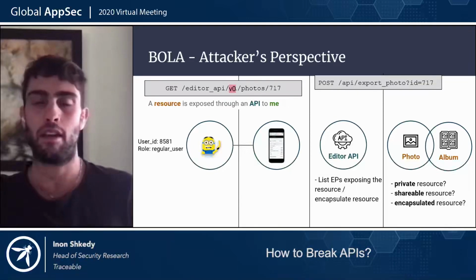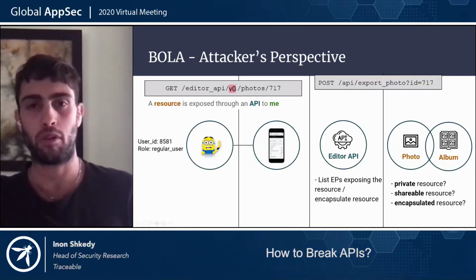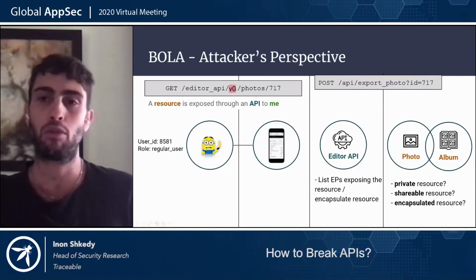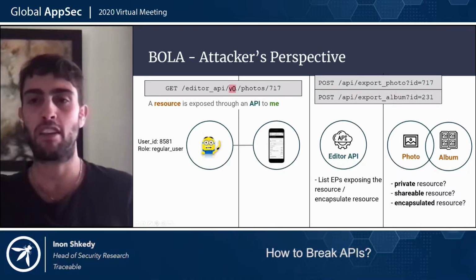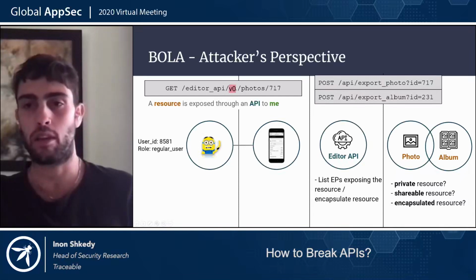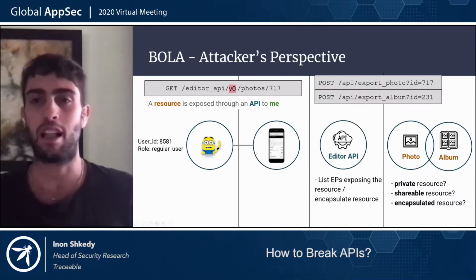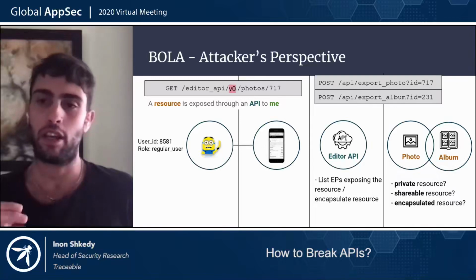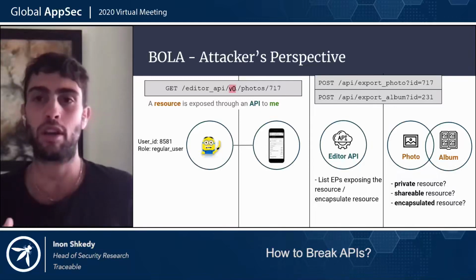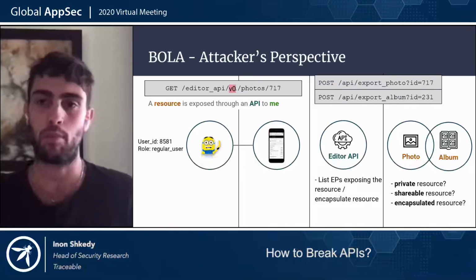And then if we see that none of the endpoints that access photos are vulnerable to BOLA, let's try to move to the export album, an endpoint that actually accesses the album behind the scenes. And only if you have the understanding that an album contains photos,